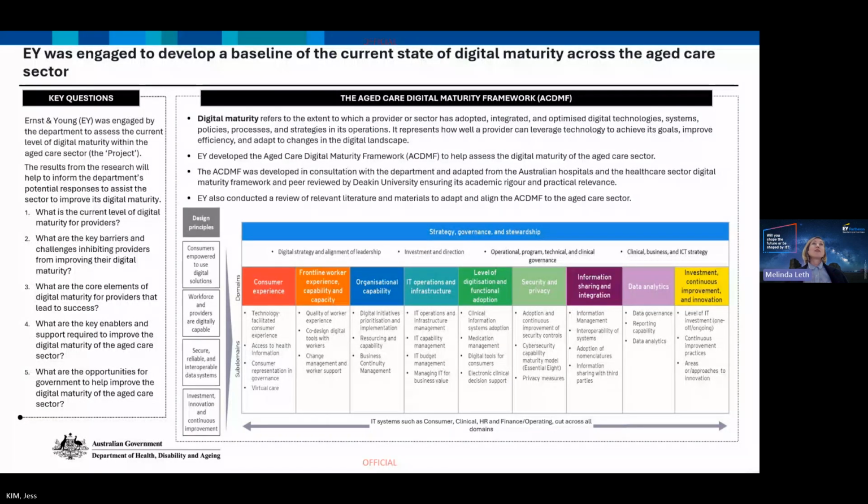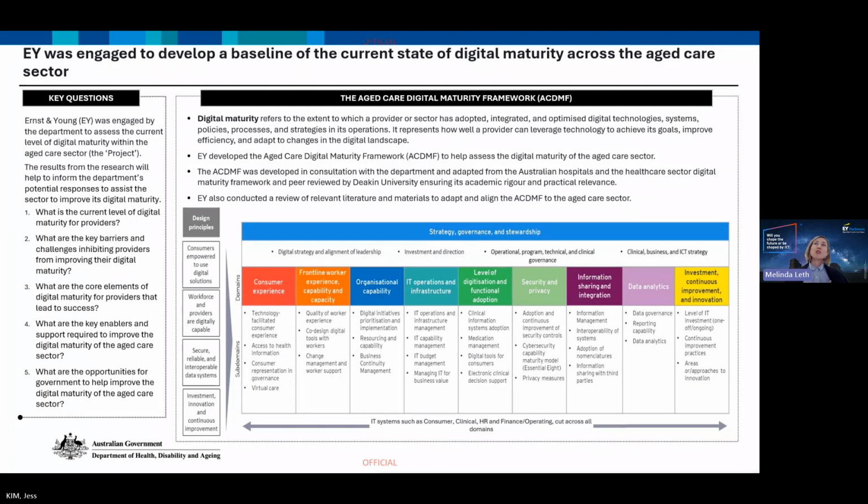In terms of the digital maturity framework that we use, you can see that's on screen right now. And we undertook a really robust approach to developing this framework. So it wasn't just developed in the background.